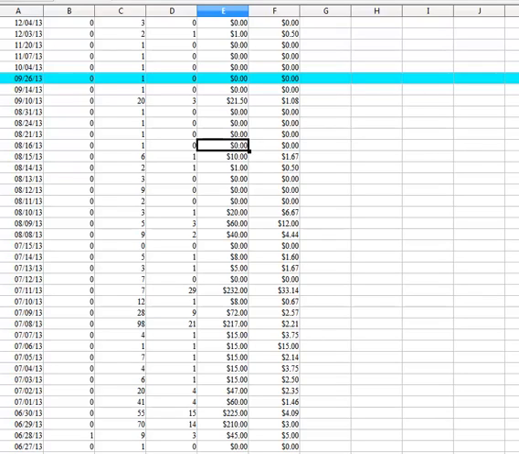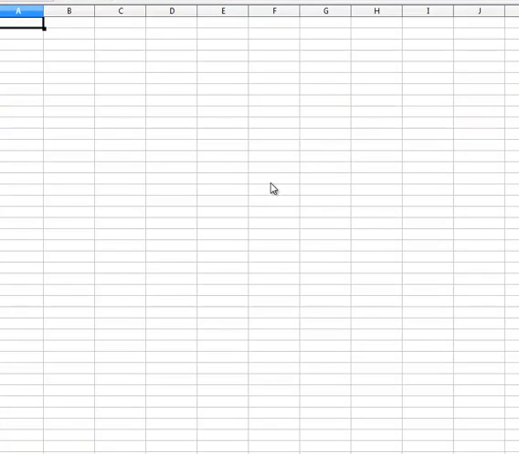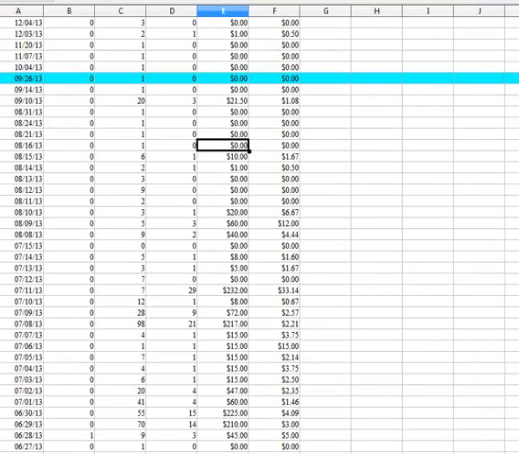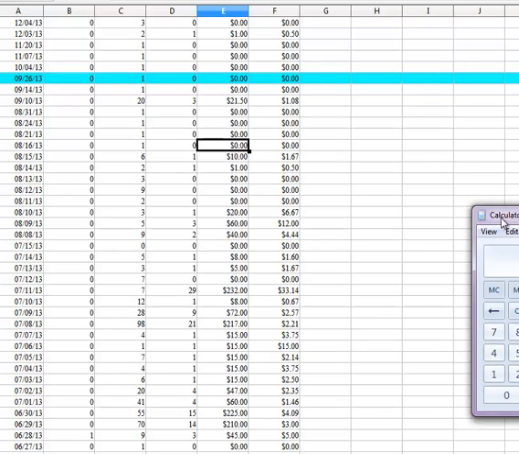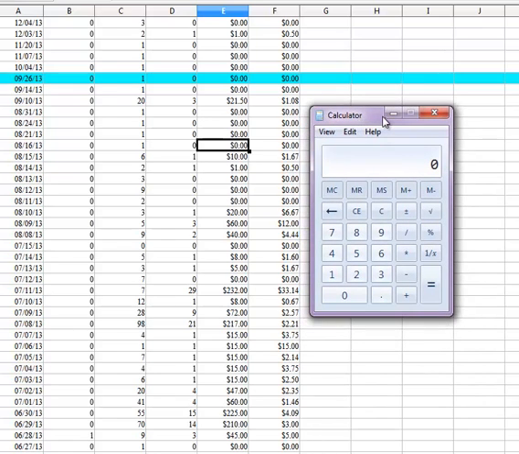I start the calculator. That's not what I want. Let me move this over here. So I got, let's see, 2150